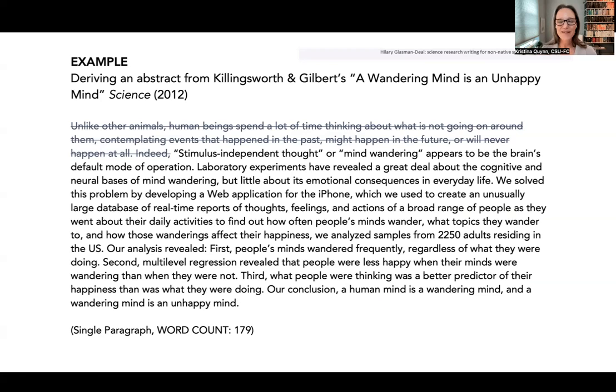Maybe that's not your style, maybe that's not how you need to be writing, but if you could condense everything that you're saying into basically a couple pages, and then condense it down even further into an abstracted form, that might be a way to go about doing that. If we take out that "unlike," right, and we start with "stimulus independent thought appears to be," we're at about 179 words, which is pretty close.